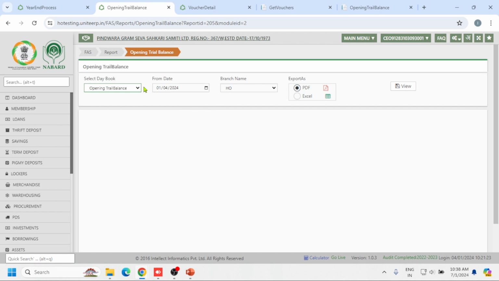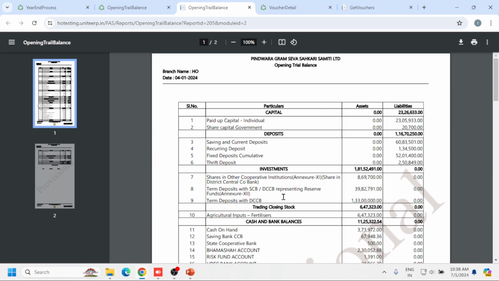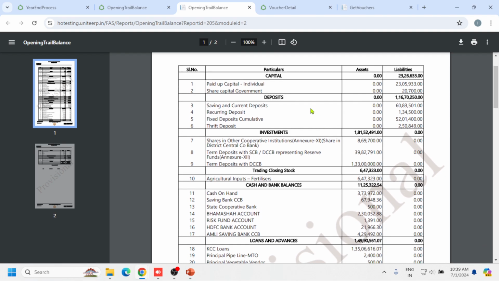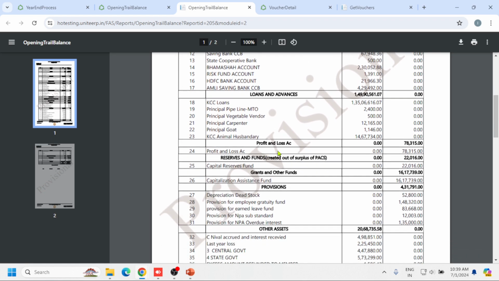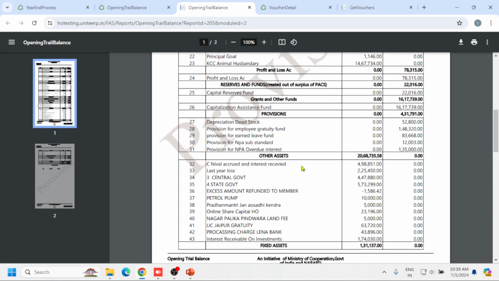So for that, you just give your opening date of the ERP, 1/4/2024. I'm giving it here. Just click on view. This is the opening trial balance generated in the system. So we will see here the assets and liabilities available in this system. In the liability section, we have the capital, deposits, investments. In the asset section, trading closing balances, cash and bank balances, loans and advances, profit and loss account, reserve funds, grants and other funds, provisions, other assets,